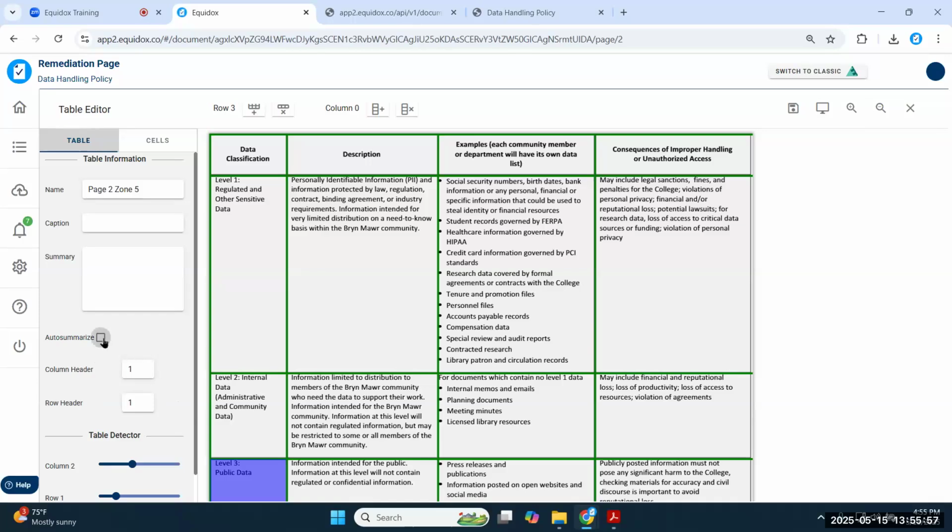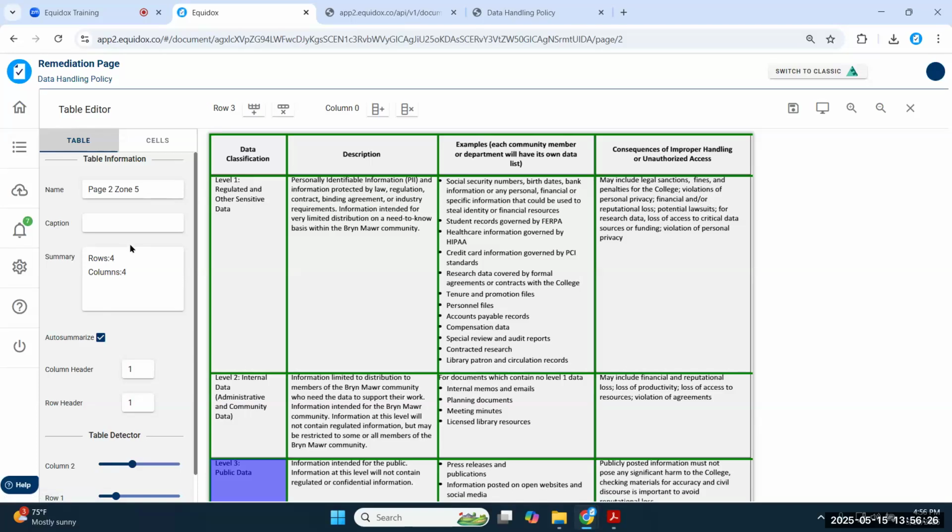Another thing that we can do is provide a table summary by just hitting this auto summarize checkbox. When I hit the auto summary button, it will give me a very simple table summary. You don't necessarily have to provide a table summary. It's not really related to compliance, especially for a simple table. It's kind of redundant and obsolete in some ways. But if you have a complicated table, it really never hurts to add one.